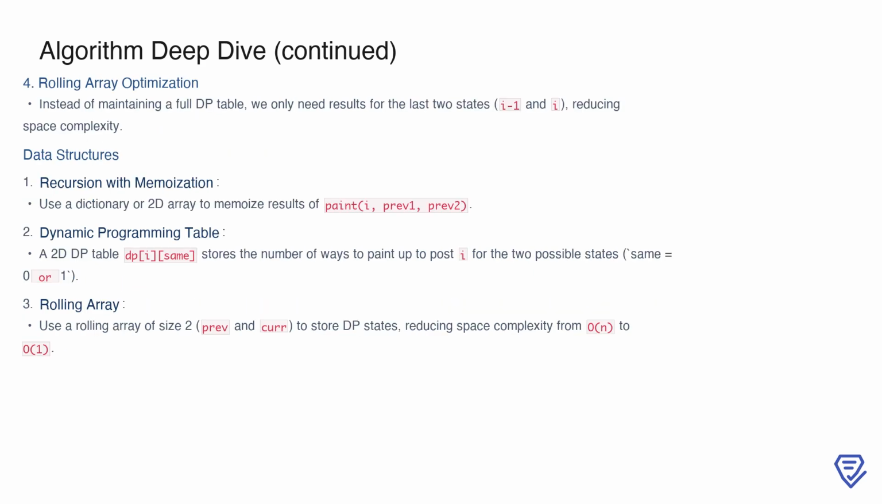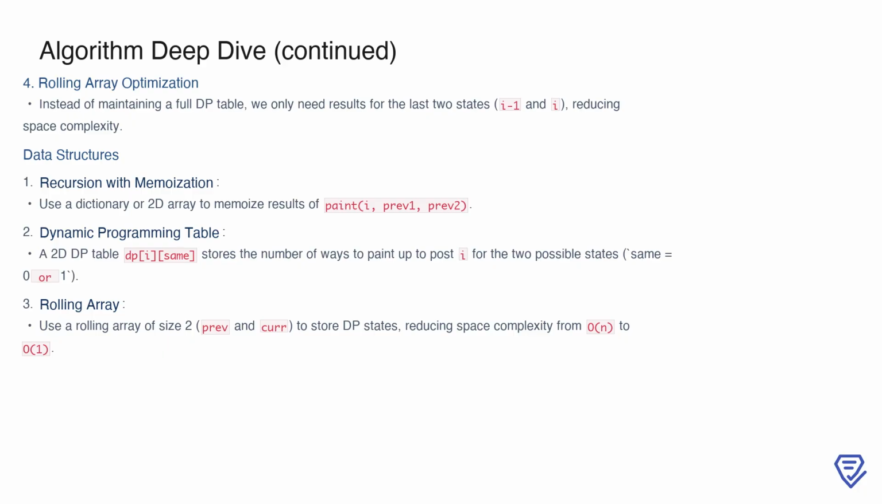To further optimize space complexity, we can use a rolling array instead of a full DP table. Since each state only depends on the results of the previous state, we only need to maintain the values for i-1 and i. This reduces the space complexity from n to O(1). The rolling array approach stores the DP states in two variables, previous and cur, which are updated as we iterate